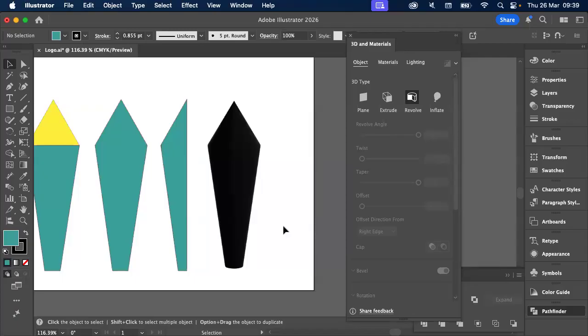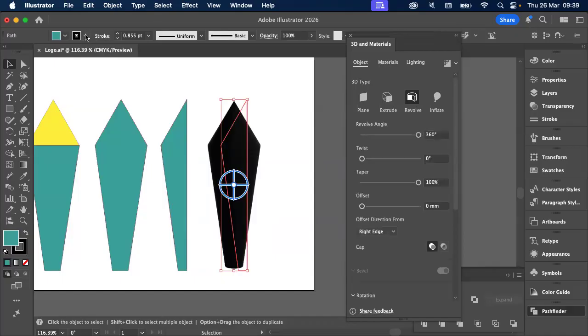All right, so revolve has to work with half of the shape. So typically, you make the full shape and then you cut it in half, usually always a vertical cut, never a horizontal. Now that I've got my shape,